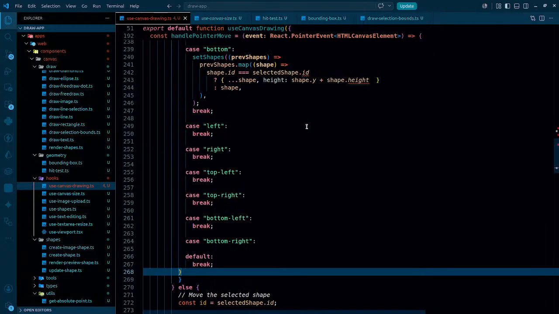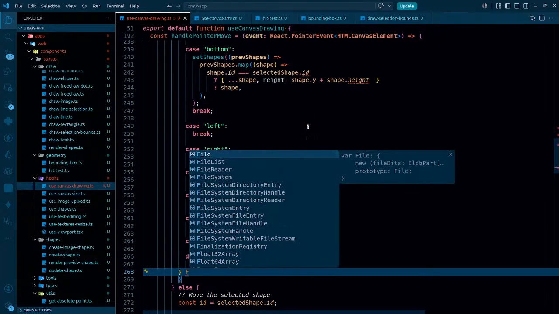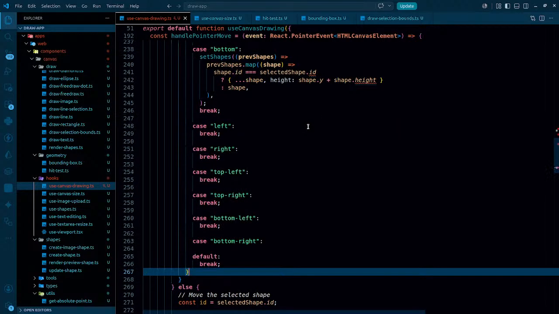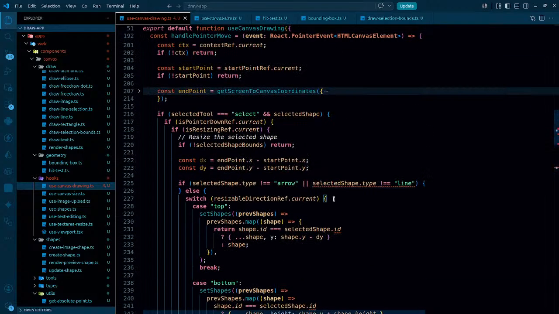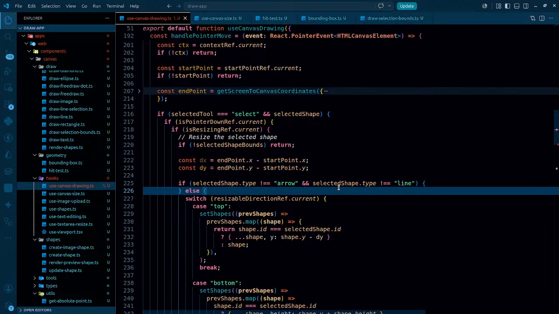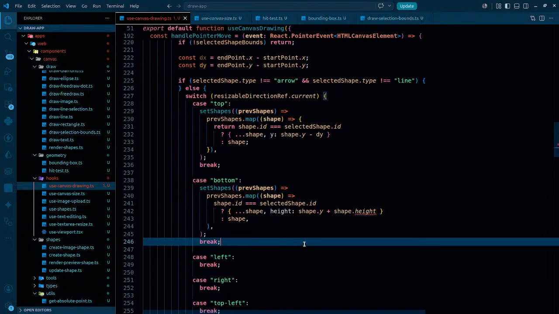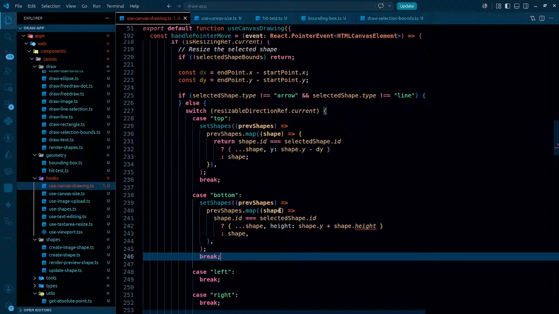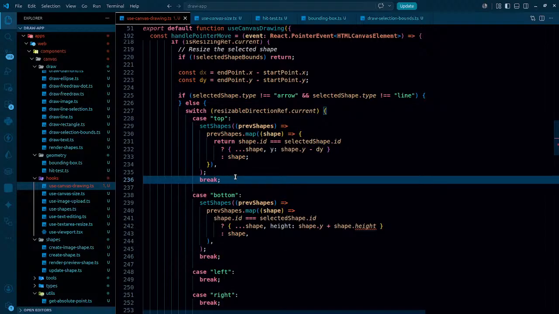We'll keep the logic here. What is the problem with the top logic? The problem is that if selected type is not equal to arrow, and selected type is not equal to line, only then this logic is going to be applied. And even at that time,